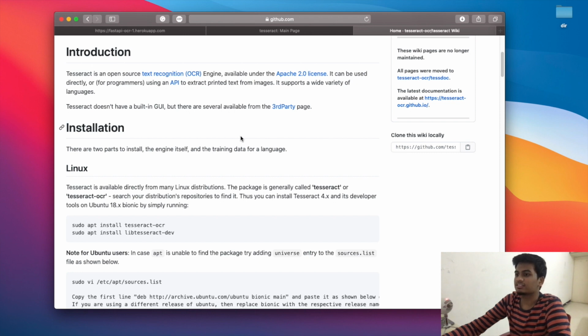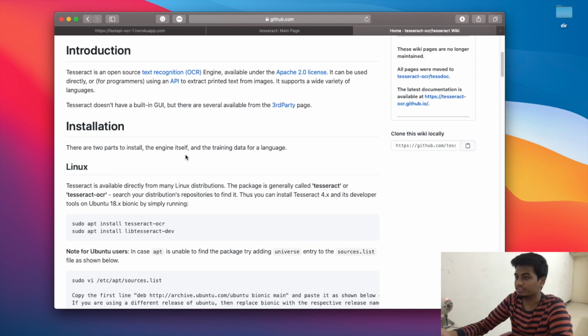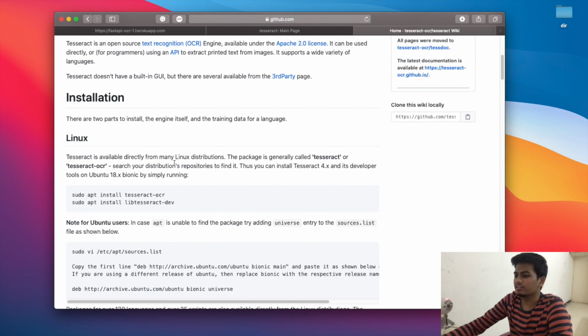So Tesseract is an out-of-the-box OCR engine, which is open source and well maintained, and it is surprisingly very good, and very accurate as well, and it supports multiple different languages. That's the best part. Tesseract is not written in Python, but it does have bindings for Python. There's a library called PyTesseract which we will also be installing separately to communicate with or use Tesseract.